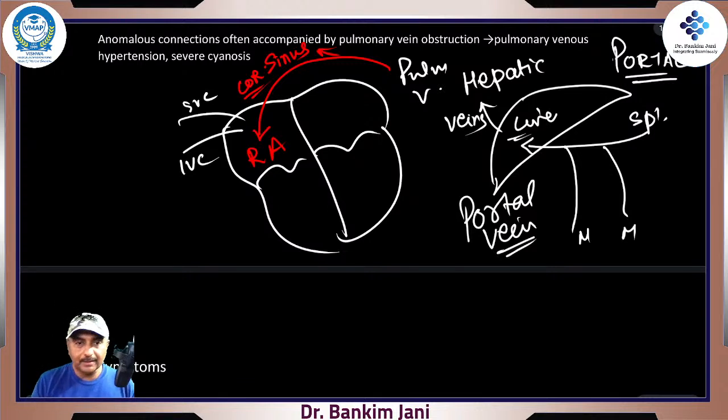So over here, these pulmonary veins, they open here, right? Those pulmonary veins are opening into the hepatic vein or the portal vein, right? So that is where they open. So this is obviously infradiaphragmatic, right? This is below. Yeah, there is no blood in the left side of the heart. That's right, right? So over here,